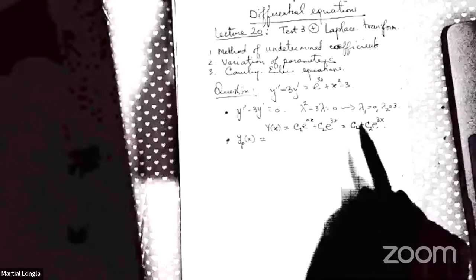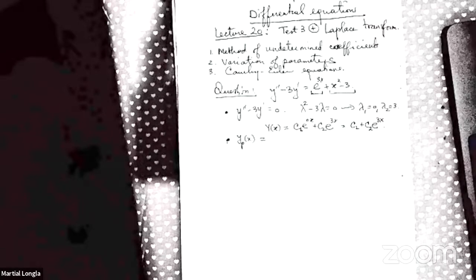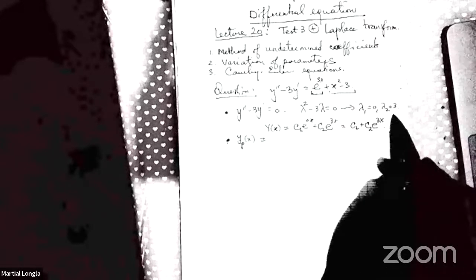Yp of x, you look at that right-hand side. That right-hand side consists of 2 pieces. There is one piece with e to the 3x, and there is a second piece that doesn't have an exponential. This is a polynomial of degree 2, and here you have a polynomial of degree 0 in front of the exponential. For the exponential part, you have exponential 3x, so alpha is 3, and you check whether alpha is a